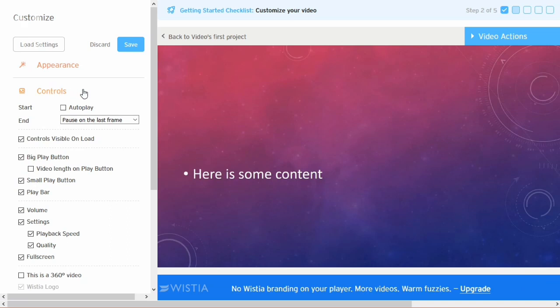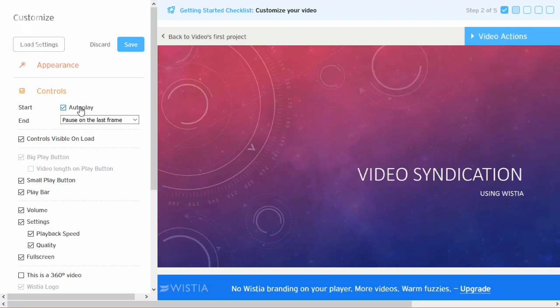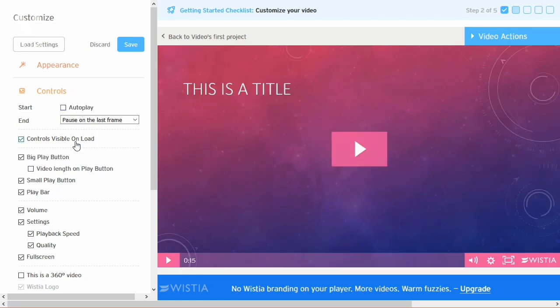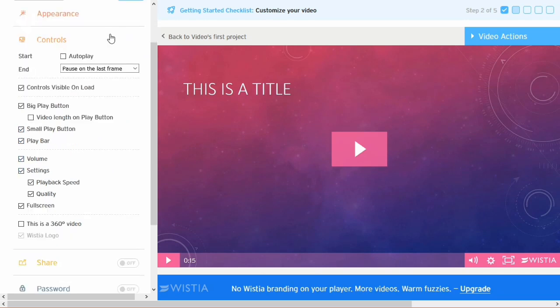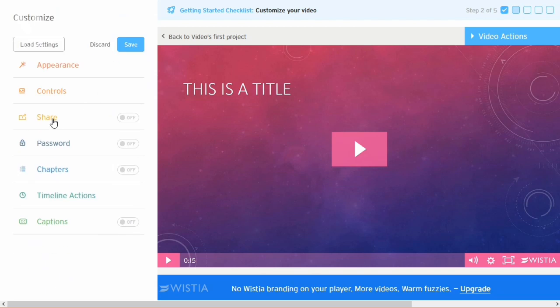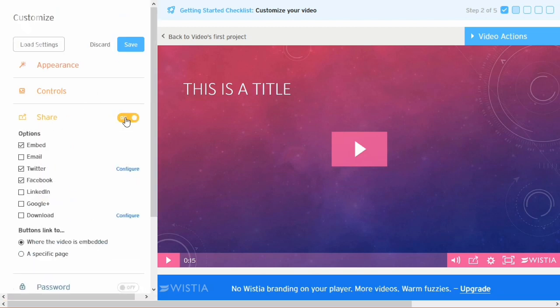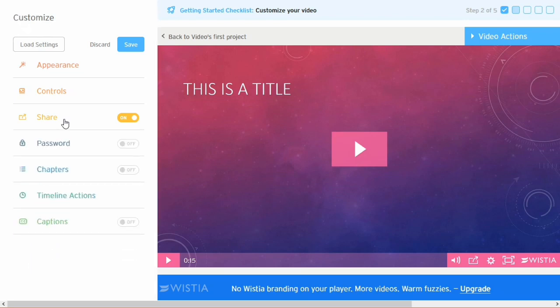Here you can choose how you want your video to play and end. Plus, you can edit the control player on your video to appear or disappear. Do note, however, if you want your viewer to focus on your video, I would suggest you turn off the player. Once you are finished with this tab, click on the Share tab. Remember to turn on the Share option to allow your video to be shared across multiple websites. You can even manually tick the option with the respective social networking sites if you want to do so.